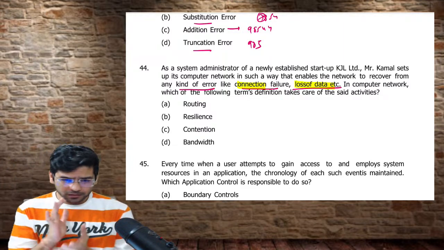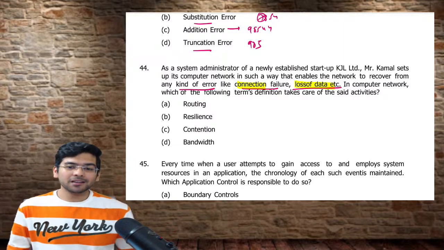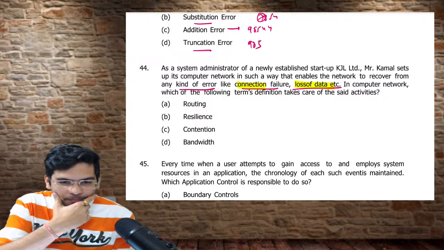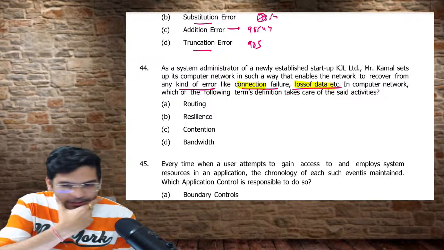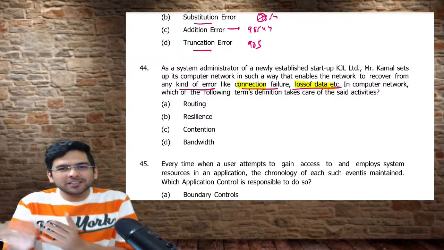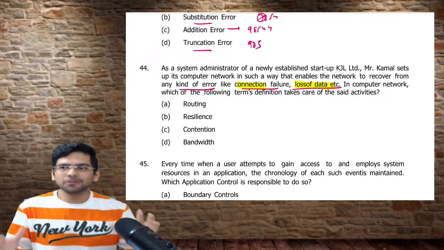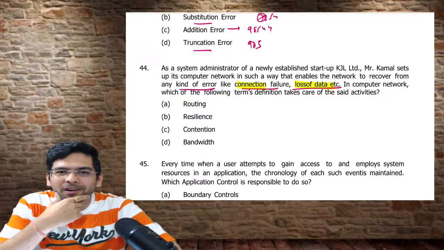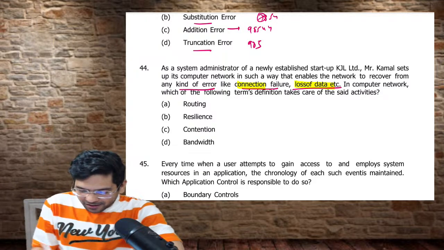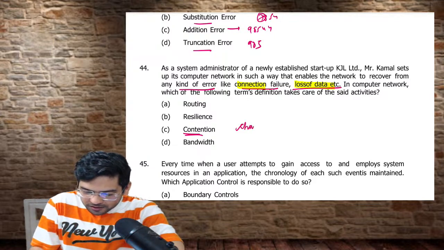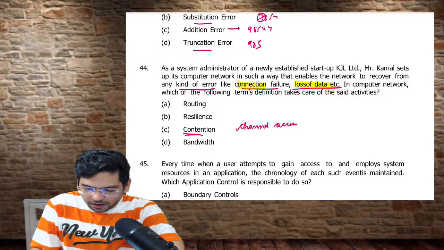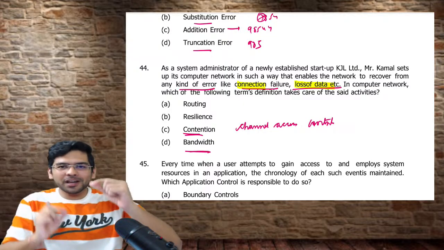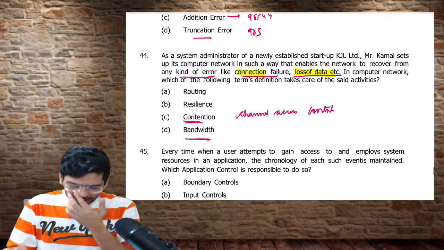What is the activity, guys, that the question is referring to, that the network has the ability to recover from any kind of error? Okay, Ajit says B. Harshita also says B. Right. Now, first is routing. This is a part of the network, which is done by the router. Routing means sending the correct packet to the correct systems. Contention is a topic of channel access controls. We have 2 methods, if you remember: contention and polling. Bandwidth is the number of data packets that can travel at one given point of time.